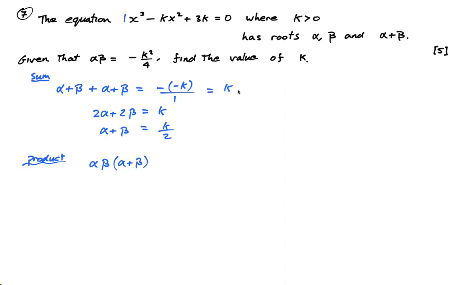Now just be careful, guys. The roots aren't just alpha and beta. It's alpha, beta, and alpha plus beta. So the product of the roots is this times this times this. And this equals